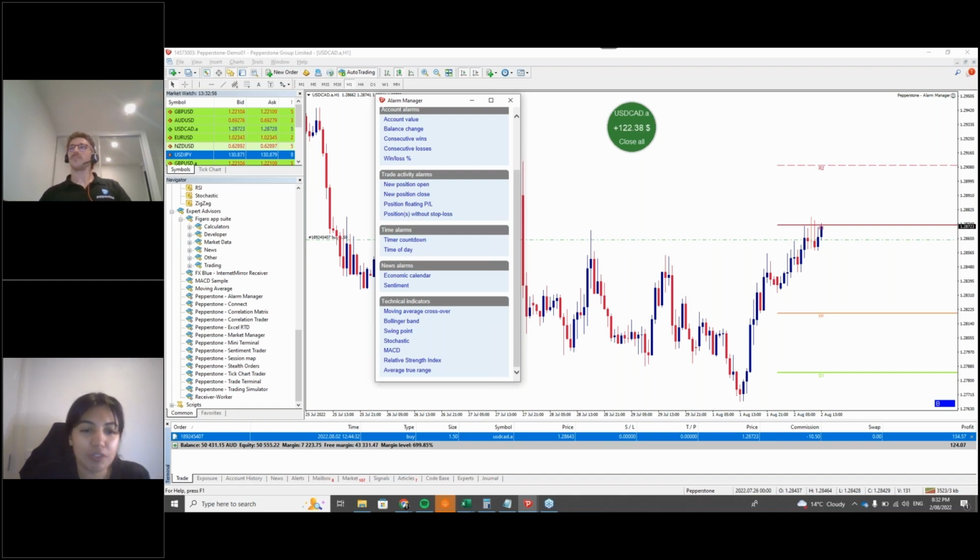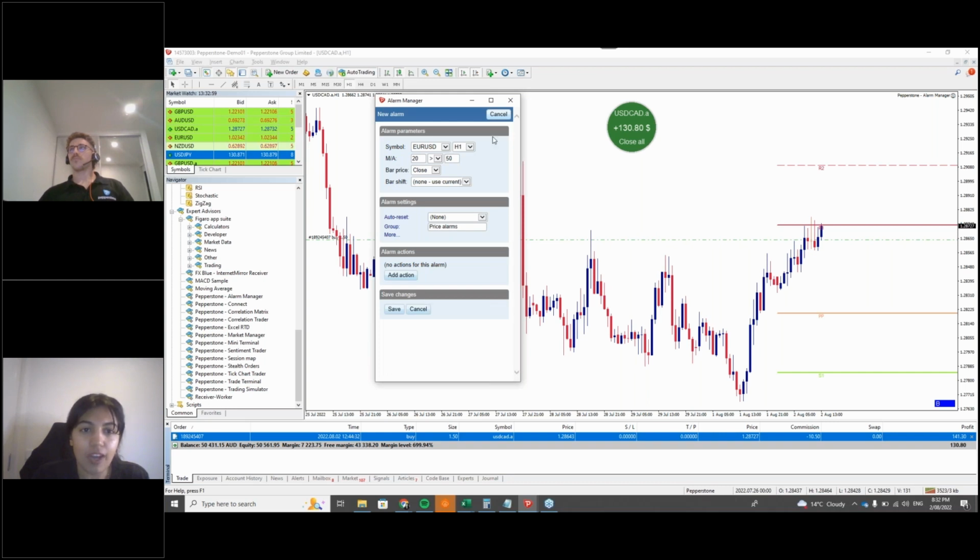if you don't have 3 years of coding or programming background. So if we look at one of these, for example, I love a good 20 of, I didn't realize I already had this set up from a little while back: moving average 20 and 50. We do it on a daily, for example. So I can select Euro dollar if the 20-day moving average is greater than the 50-day moving average, on the close bar, I can set up an action for it. So if the 20 moving is greater than the 50, then I will probably want to buy in this case, because that's generally a golden cross signal, which can mean that the price may go up, and we'll probably play